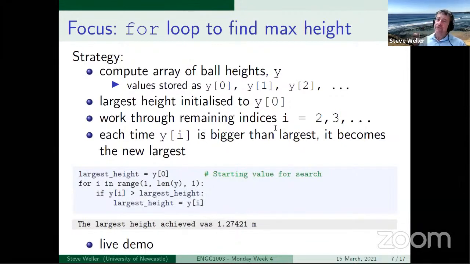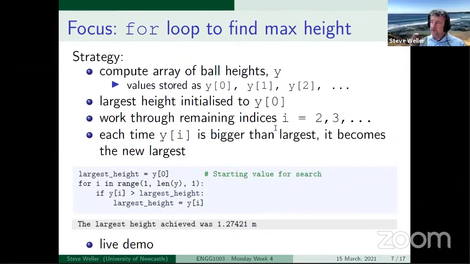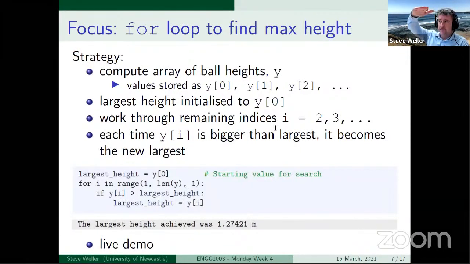So one strategy, it's not the only one, but it's the one we're going to use here. One strategy for finding the maximum height of the ball is to look at every single height in the array of ball heights and to locate the maximum value. We want to find the value in that array where the ball height is maximum. It starts at 0, it increases for a while, reaches a maximum, and falls again.